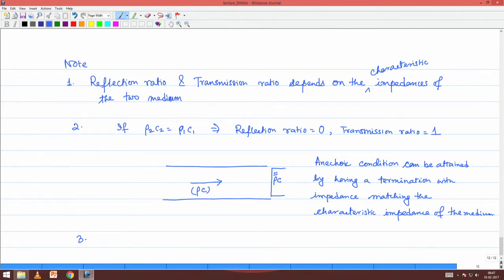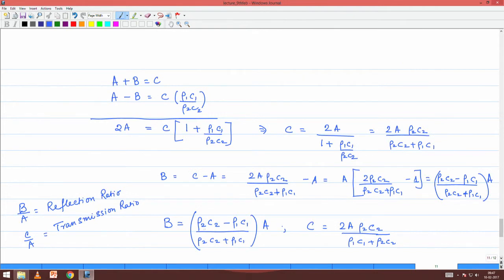So, impedance is a very important quantity, and in the third comment I will just invert the argument the other way round. Just like we see that if there is an impedance matching condition, no reflection is created, conversely, if there is an impedance mismatch, then there will be large reflection, right. That can be easily seen from here. If you have rho 2 by C 2 to be very different from rho 1 by C 1, then you will get B by A to be large. So, if you create a large difference in impedance between two neighboring fluids, then you can cause a large reflection, right. And this idea is again going to be exploited in muffler design.